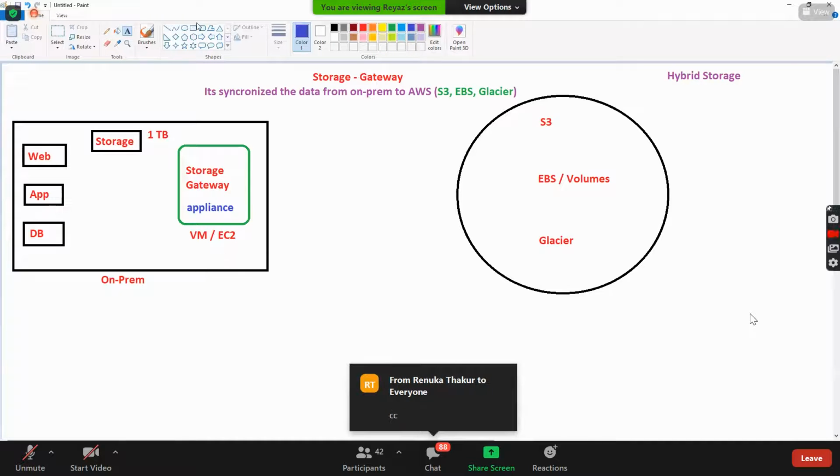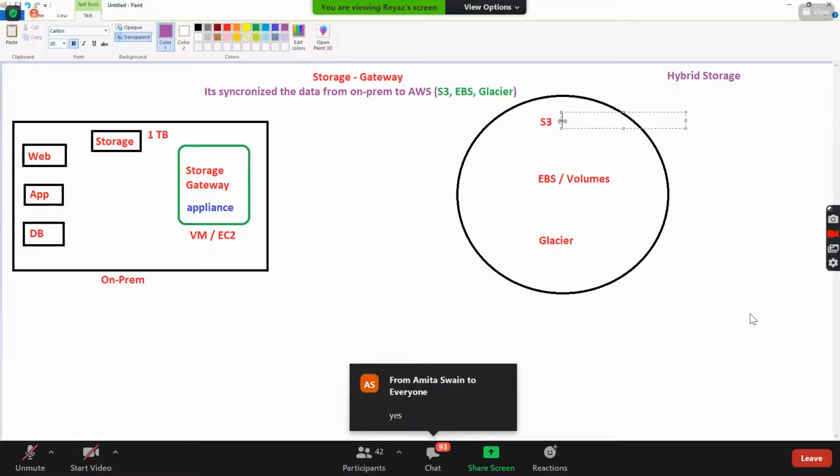Nice. Now let's say you want to store data. By the way, what kind of storage is S3? Object based storage.